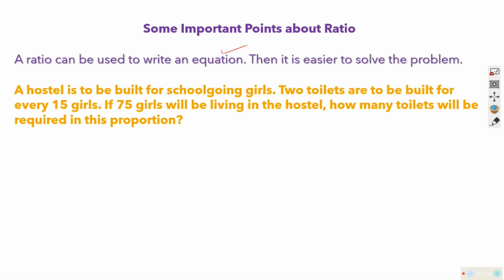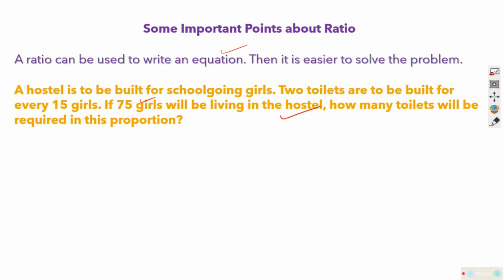What is the example? A hostel is to be built for school going girls. 2 toilets are to be built for every 15 girls. For 15 girls, 1 toilet. Another 15, 1 more toilet. So here there are 75 girls who will be living in the hostel. In that situation, we know that 75 is a multiple of 15. 15 into 5 is equal to 75. We know that 5 toilets will be required,